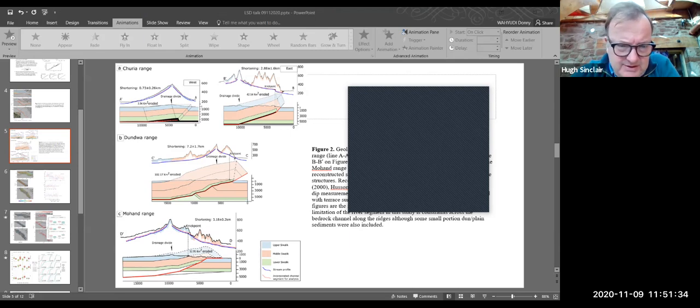According to this, if you look at the Dundwa range, the drainage divide is now about 10 kilometers southward of where you would argue it was initiated, which has interesting implications for the morphology of the